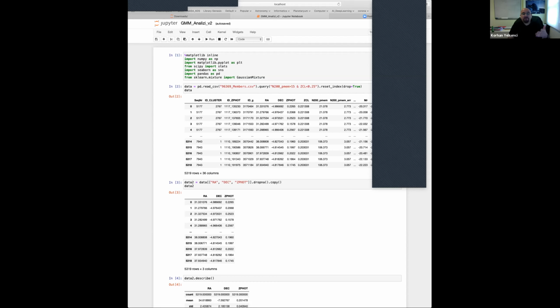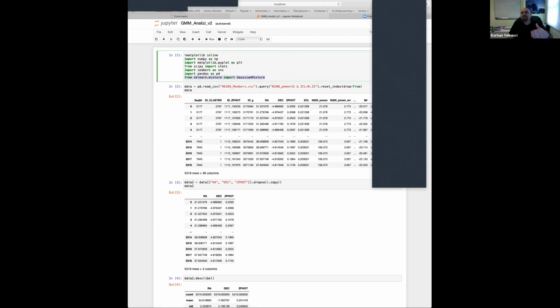Maybe you already use those kinds of things. If you don't, you can see we just import some libraries for Python, and then there's scikit-learn, sklearn mixture.